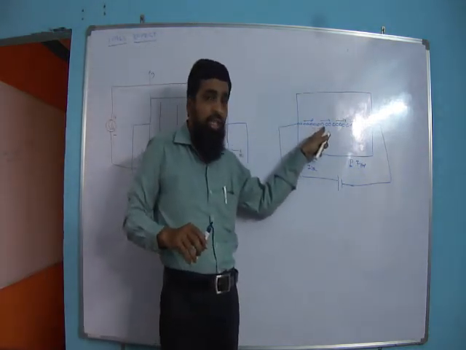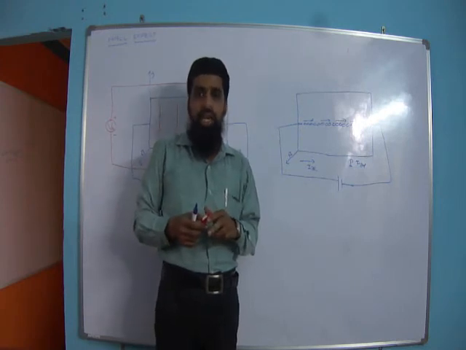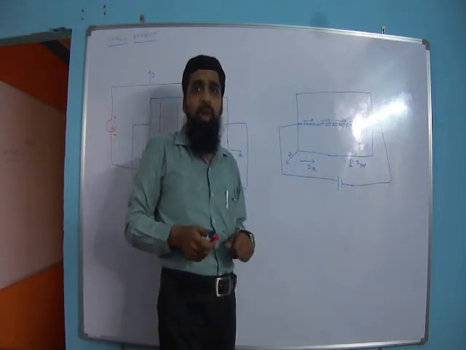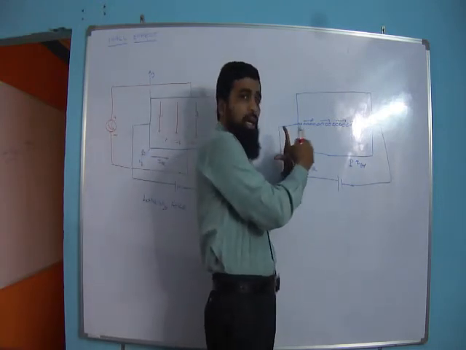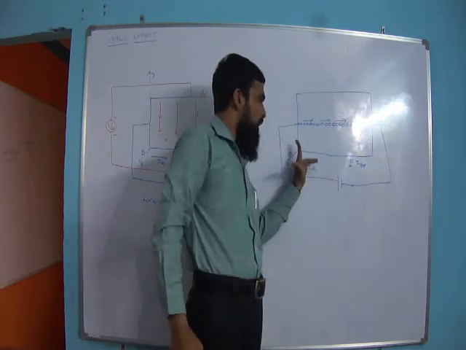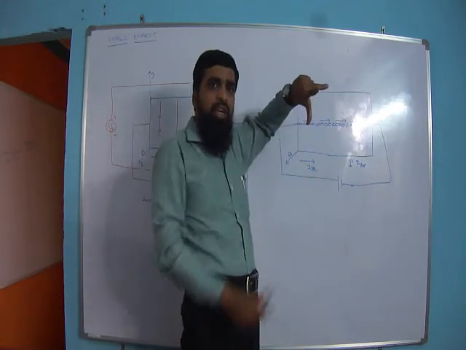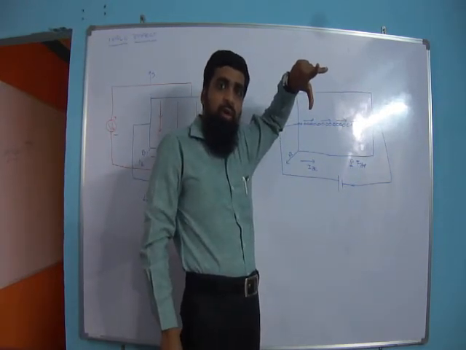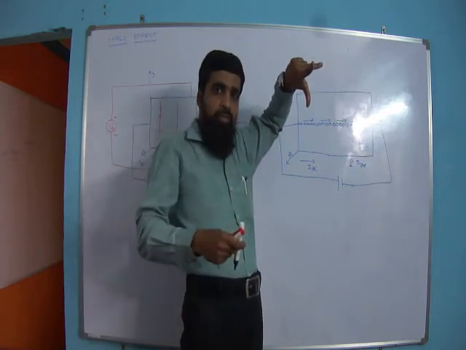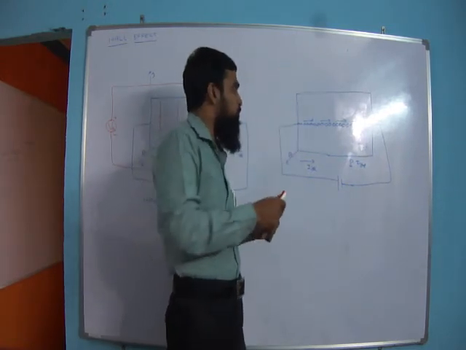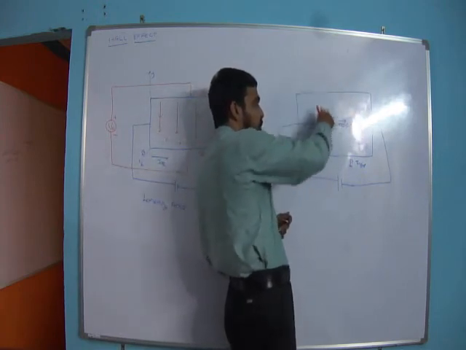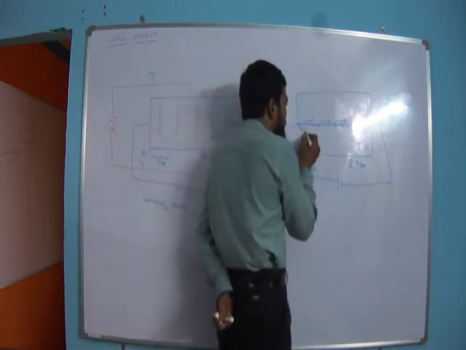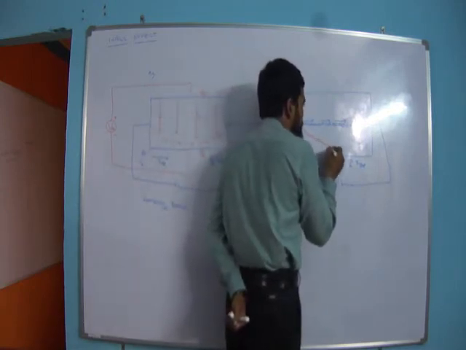and the direction of the force you can find out by Fleming's left hand rule. According to Fleming's left hand rule, if you place your middle finger towards current direction and index finger towards magnetic field direction, in which direction is the force? The force is acting downwards, minus y direction, and this downward force will push these charge carriers, holes, downwards, and these holes will take a new path to reach their destination.